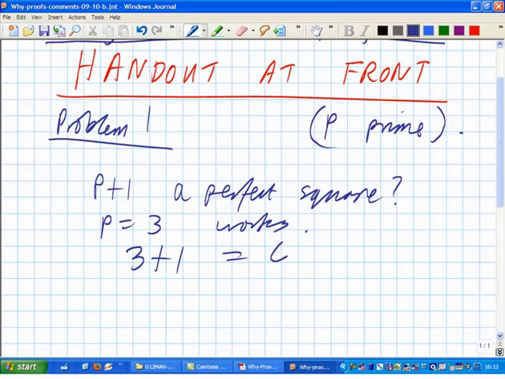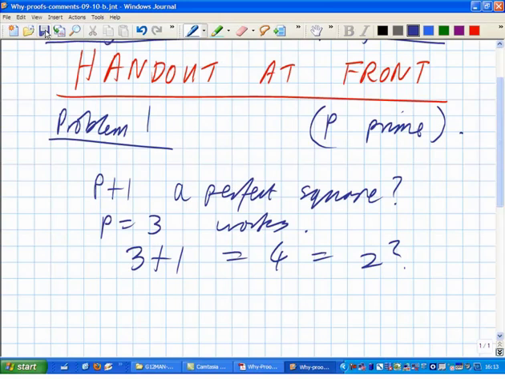Because 3 plus 1 equals 2 squared. So, can I have a show of hands, probably not to pick on anyone, as usual. A show of hands, who thinks that that's probably the only one? And who thinks there might be another one somewhere, they just haven't found it yet? Okay? And until you've found a proof, that's a perfectly reasonable thing to believe.